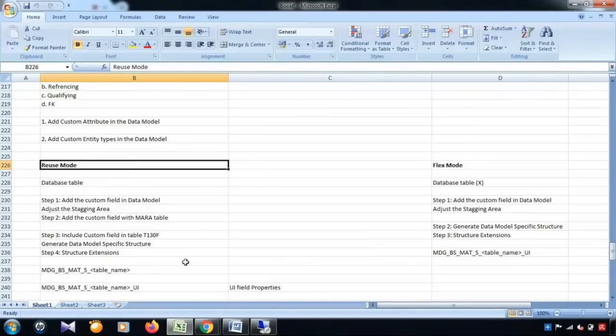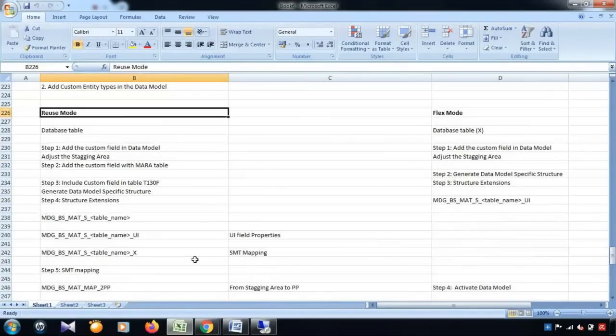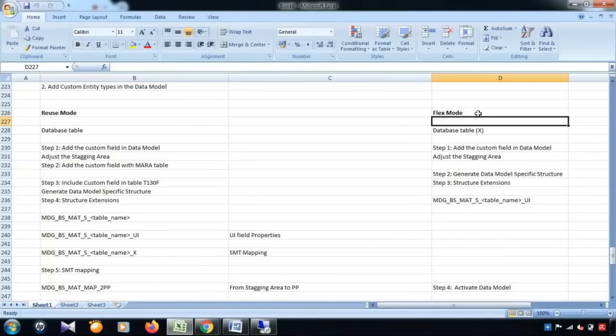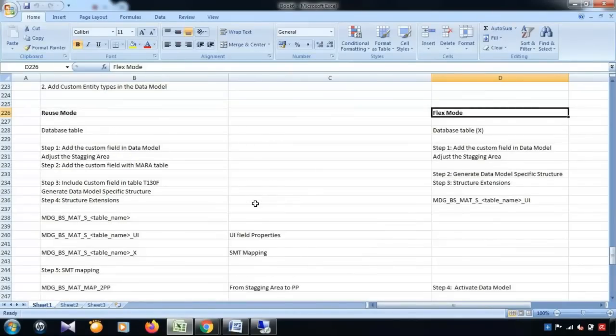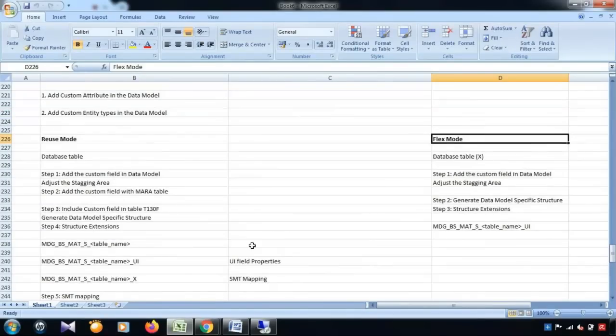So we talked about the procedures that need to be followed if I need some custom fields to be used in reuse mode, and we also saw flex mode, and what steps need to be done. Similarly, for business partner and finance, we are going to see today. So let's start with